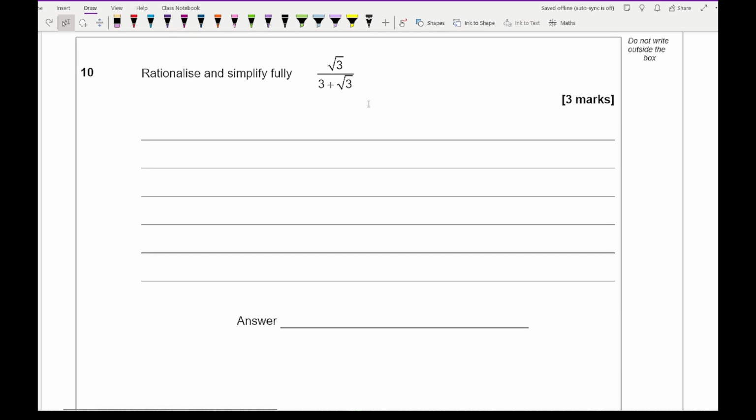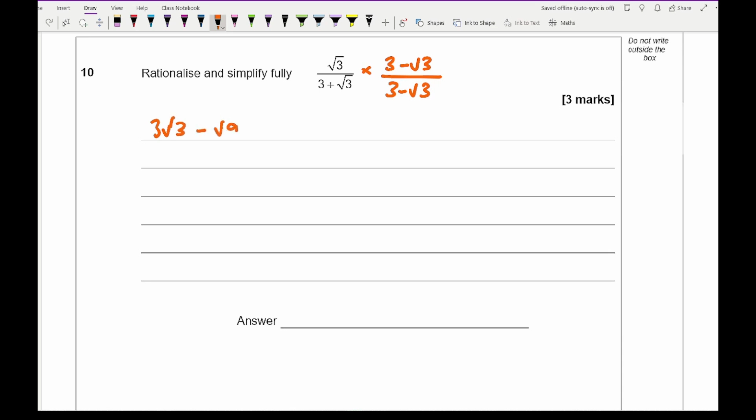Moving on to question 10, it says rationalise and simplify fully root 3 over 3 plus root 3. So for this, to rationalise the denominator, I multiply by the denominator, reversing any sign that's in there. So I've got root 3 times 3. If I just multiply up the numerators, I'm going to end up with 3 root 3